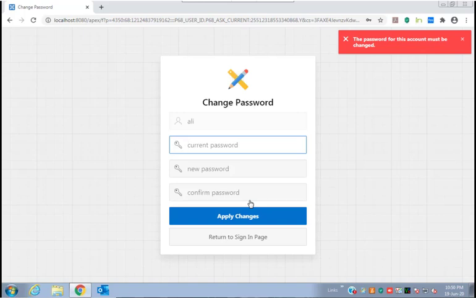You can see here I'm connected for the first time with this user, so Apex recommends that I change the password. I'm changing my password.